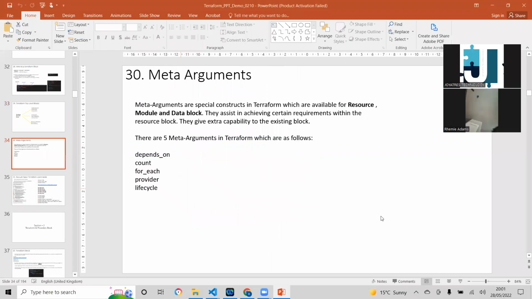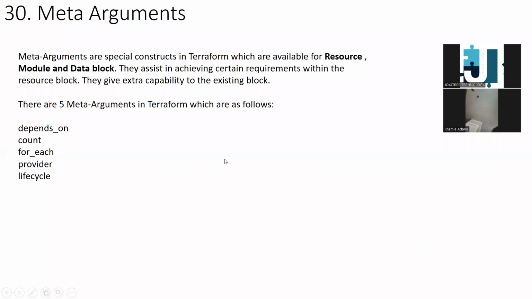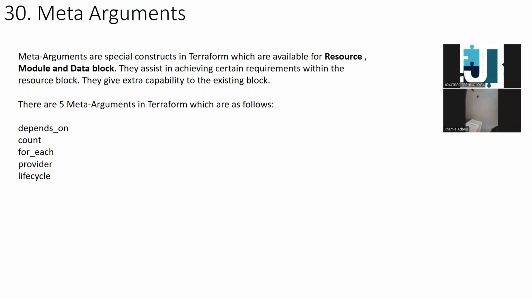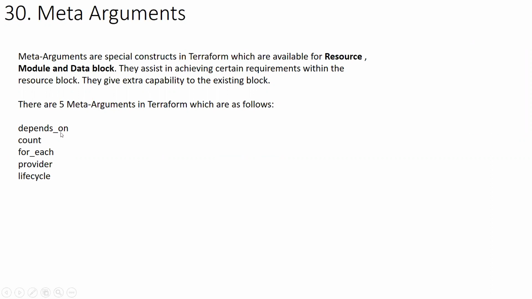apart from that, there are some meta arguments. So the meta arguments are the kind of things which enhance the capability of the existing block. They can be applied on the resource, module, and the data block. Okay, so there are 5 meta arguments. So one is depends_on, which we saw the other day, if you want to give a specific flow